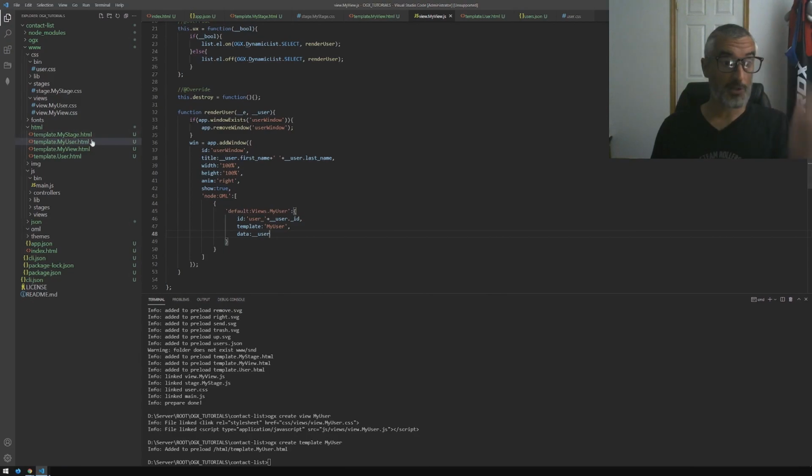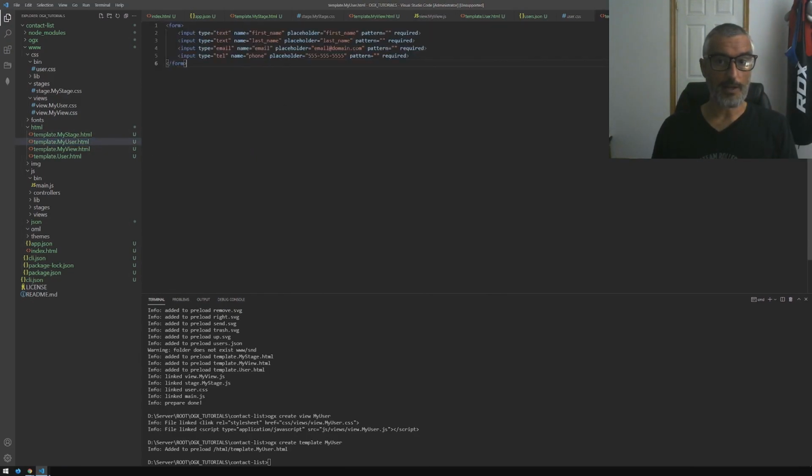Now we can go back to my user here, and the value at this point is going to be first name. So I'm passing the entire object to this template, and the engine is going to replace all of the values inside the template. Right, so first name,